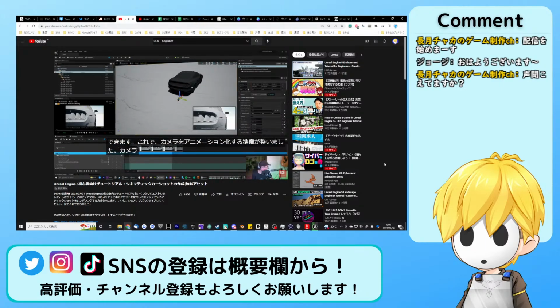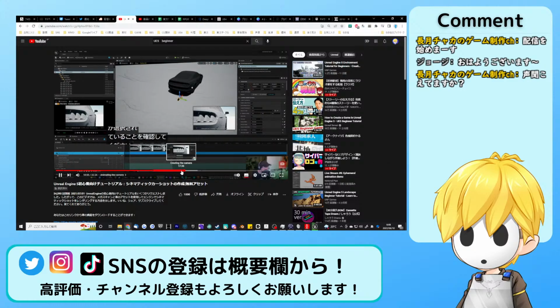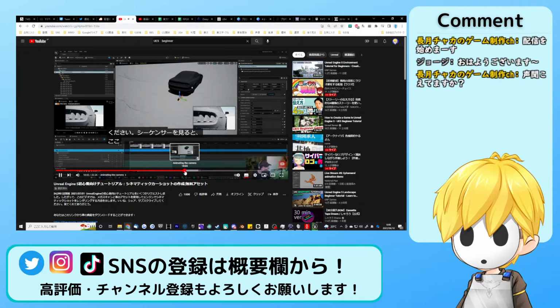Alright, so now we are ready to animate the camera. So make sure the camera is selected, and if you look at the sequencer, you can see we have transformation keys over here. So if you just click on this add new keyframe, it will add a keyframe on that frame, and then you just go to the end of your shot,